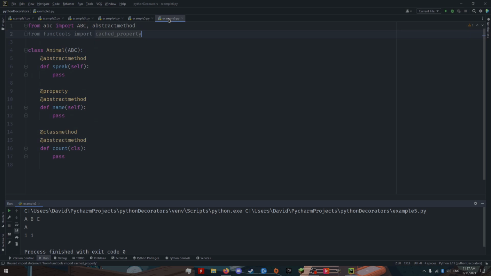In the abc package, there is an abstractmethod decorator that allows you to create well-defined abstract classes in Python. You can also use this with decorators we've already discussed, but once again, their order matters. In previous versions of Python, there used to be single combined decorators for things like this, but these have been deprecated in favor of decorator stacking. If you're curious, you should also look into the cached_property decorator in functools as it has a lot of